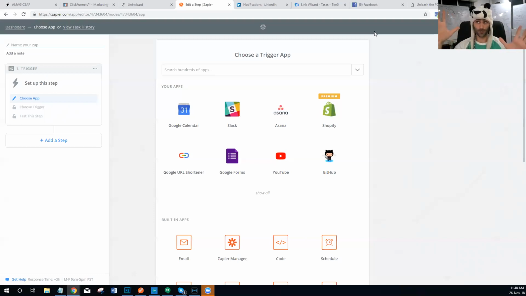So what is a trigger? The trigger is the thing that actually causes your Zap to start, to execute and to process, okay? Lots of things can be triggers. It's very common that most applications you find in Zapier are going to have both triggers and actions in the application, all right? So for example,